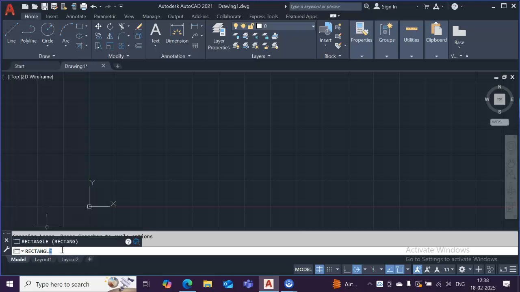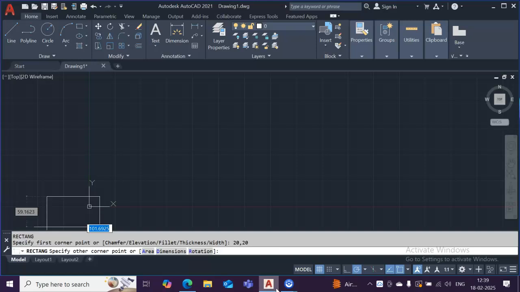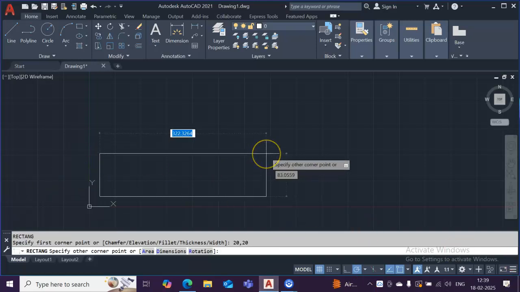Rectangle. Enter. So what it asks here, just have a look: specify the first corner point. I will give that as 20, 20. First corner is 20, 20. And specify the other corner point. So that other corner